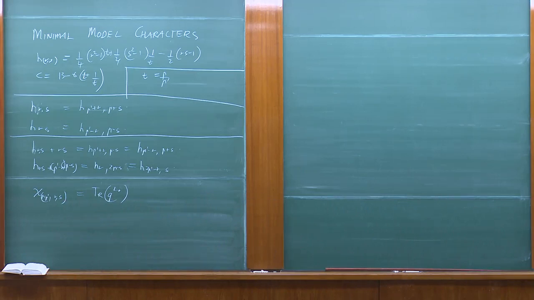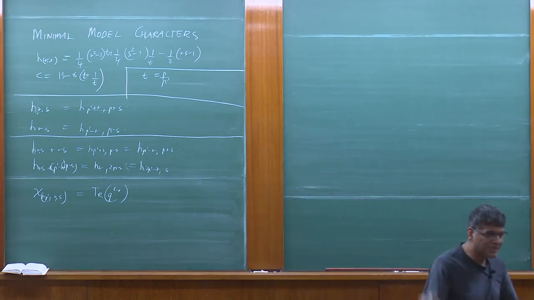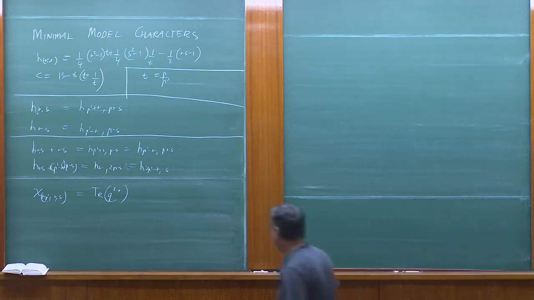Suppose we had a long representation with no null states. Then what would the character of that representation be? It's very simple, because you can act with L minus 1 as many times as you want, or L minus 2 as many times as you want. Okay? So, long characters,